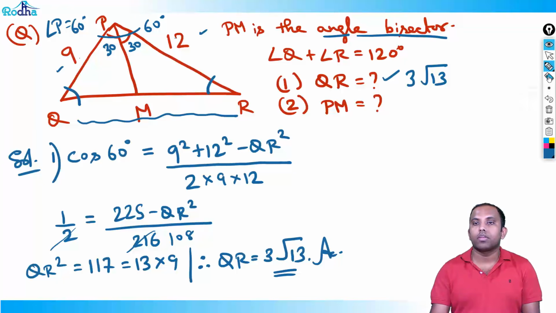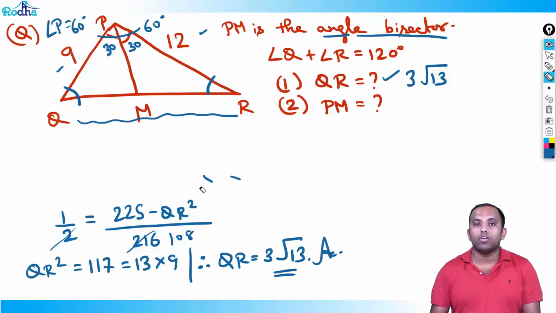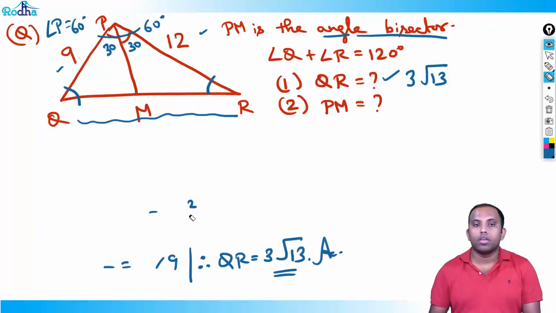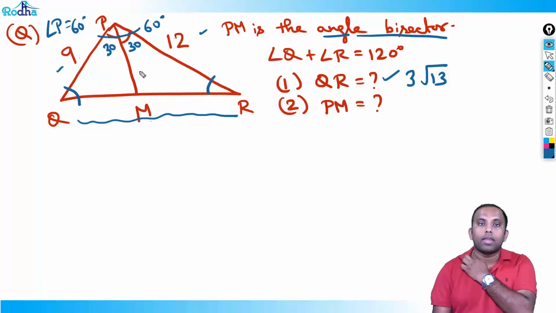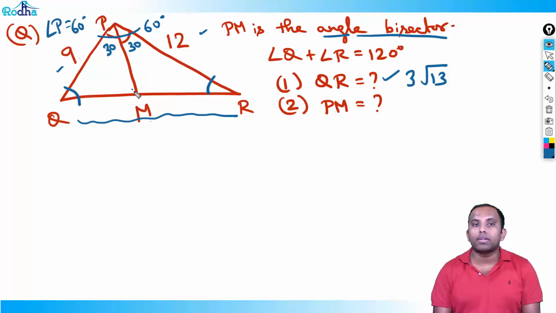Now the second question, finding the value of PM. There will be many things striking in your mind about how to find the value of PM. Let's apply the triangle area formula because all 3 sides are known. Or we can apply the angle bisector theorem also. What is the angle bisector theorem? When PM is the angle bisector, then the foot of the angle bisector divides the side